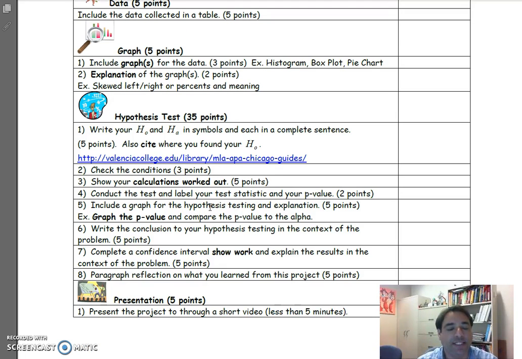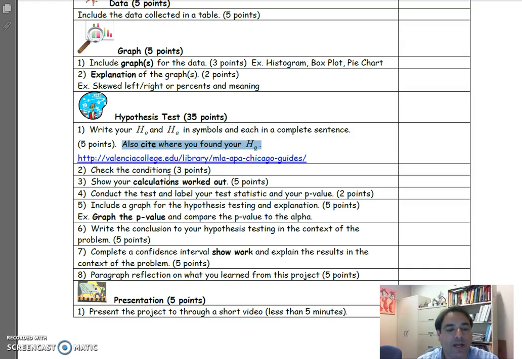Then your hypothesis test. You're going to tell me your H0 and HA, and we've done a bunch of these in class, but also make sure you cite where you found your H0. Here's a great link to help you with citation, but make sure you cite where you found your research. Check your conditions, so make sure you follow along with examples in the notes. Show your calculations worked out, give me your SE, give me your Z-score, write everything out just like the problems